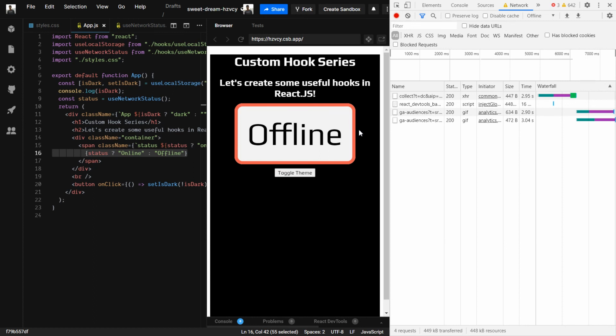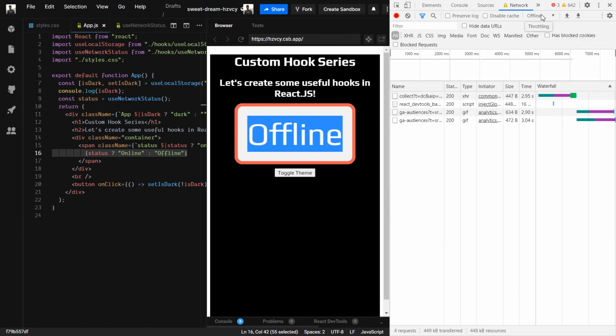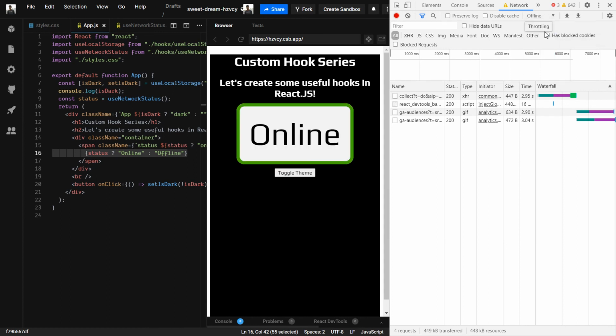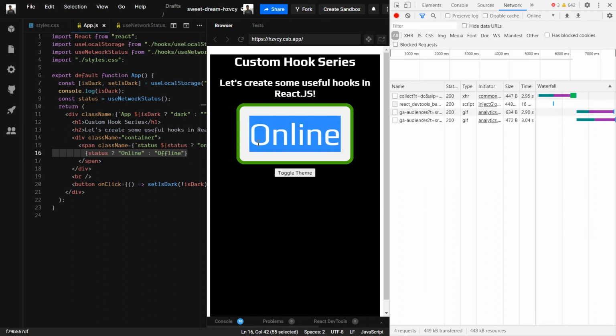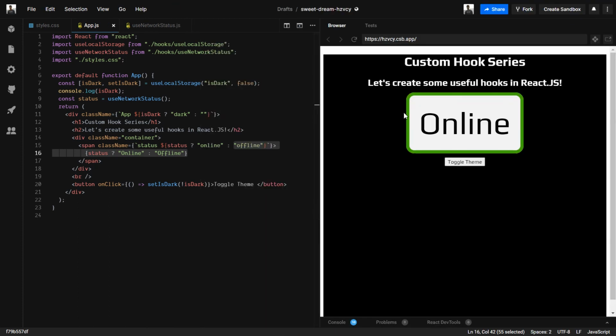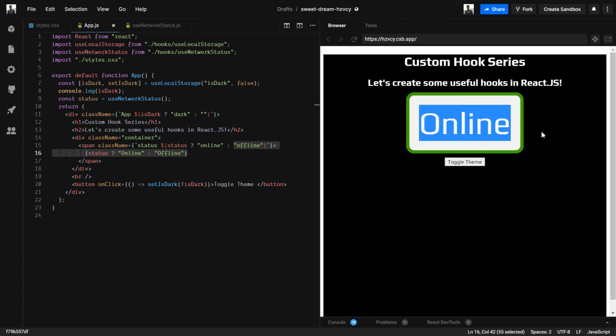Basically if a user is offline, then it will show offline, and if it's online, then it will show online. It can have various real world use cases, such as if your user is trying to post something, but suddenly the connection is lost, so you want to notify them that their connection is not there, so we won't be able to complete their request or something like that.